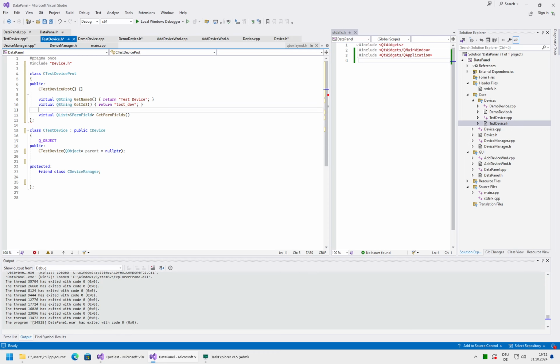This is already defined. This we don't need because this will just take the list, and here in the constructor